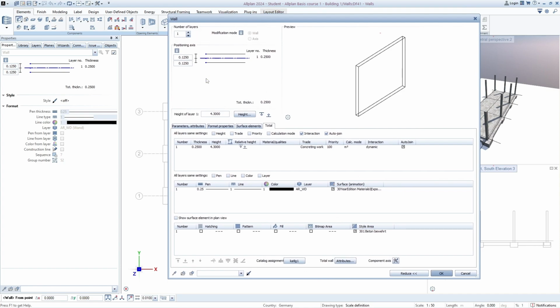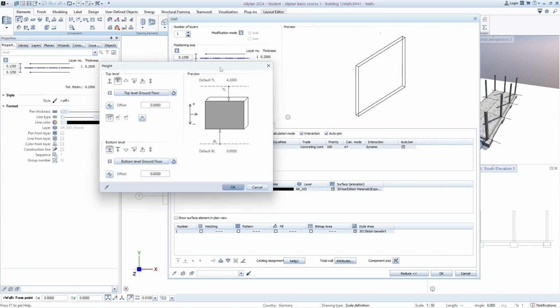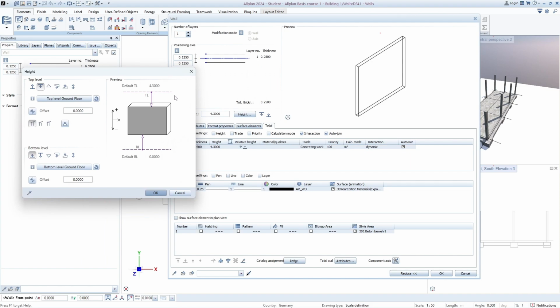So the thickness of the wall can be set in this menu point, so 0.25. And again, the relative height should be set via this menu. Since we basically developed a nice plan view with the top level ground floor set to 430 and a bottom level ground floor set to 0, we are good to go. So make sure that the relative to upper plane is set to top level and the bottom level is set to our relative to lower plane. 0, 0,